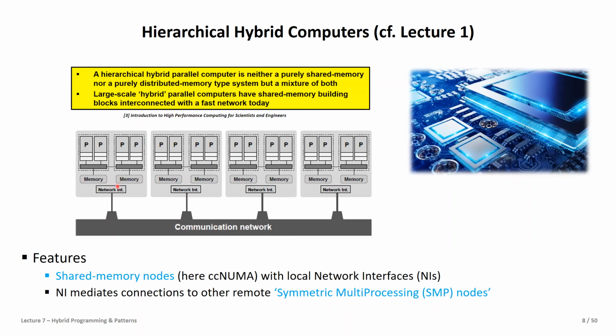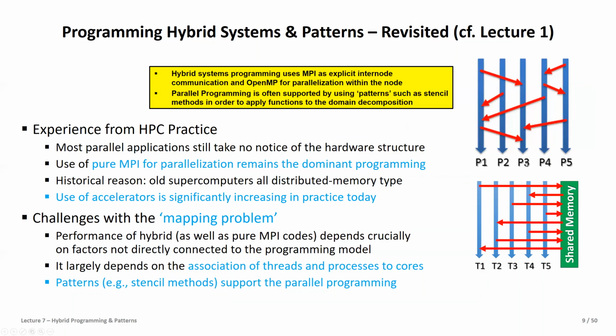You would say distributed memory on the larger scale and shared memory within one node, on the smaller scale. And this brings us to this idea of symmetric multiprocessing nodes, which are quite well known. In the end, meaning for us practically, if we want to program it, we can use the power of message exchanges across different processes in different nodes, and within the node we want to do shared memory